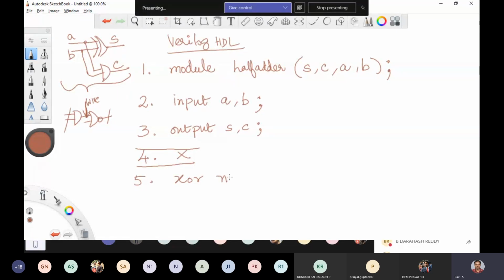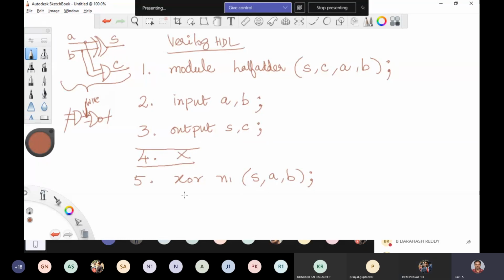N1 is the instance name. S is the output of XOR. A comma B is the input of XOR, ended with semicolon. It says A, B is applied to exclusive OR logic as input. Sum is obtained as output from exclusive OR logic. That is what it says. Any doubt? No doubt, sir.